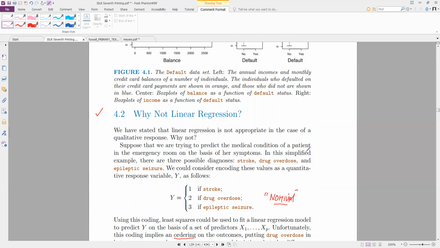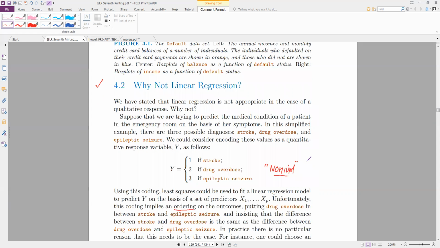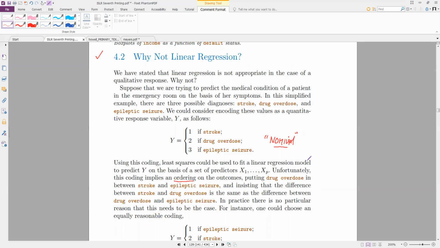So when you hear someone talk about, I'm going to do a machine learning model and classify, they're often using things like logistic regression. So why not use linear regression? Well, linear regression assumes continuity. If there's a response variable, linear regression assumes this to be continuous. That's really, really important. But if you have data like this, that's categorical, nominal in nature, then that linear regression